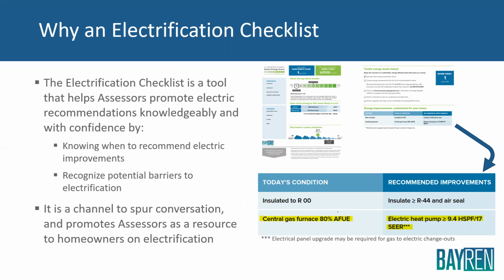has worked for you, what it has helped. But we're hoping that it can help you promote the electric recommendations, give you the knowledge and give you the confidence to be able to recommend them, and also recognize some potential barriers in the home to electrification. And I know you may not be able to say, yes, for sure, you can install this, but it'll give you a pretty good idea of whether it will be